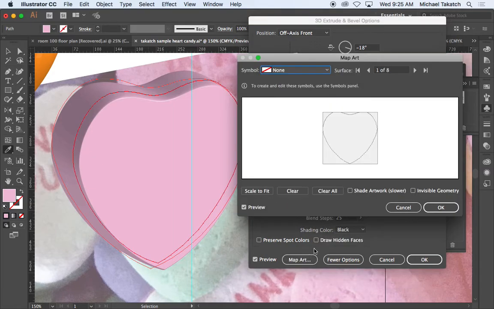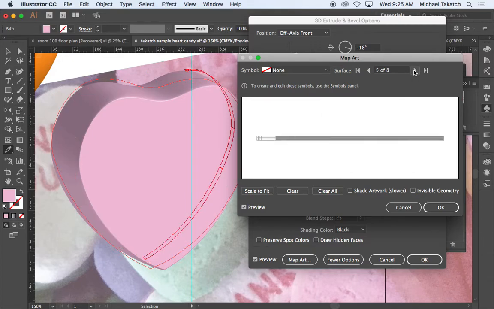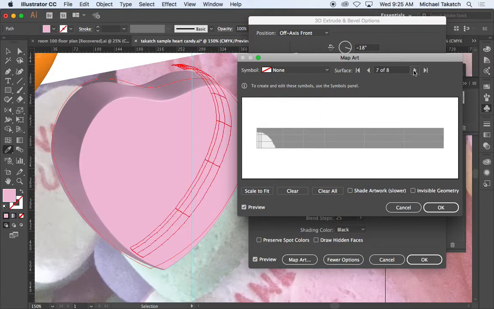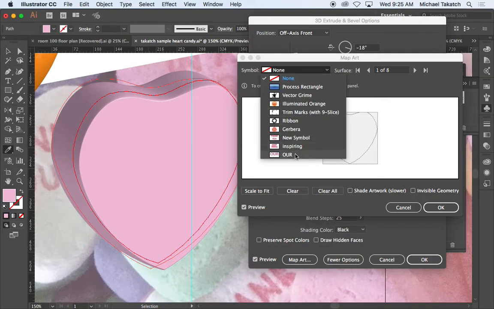But to map art is where this file goes. It has 8 sides now. 1, the back 2, this top 3, 4 on the edges. So when you toggle through this, it'll show you with the outline which one it is. You can see how it's breaking up. So that's the only hard part when you put the edges onto it. So I'll just grab this R symbol,